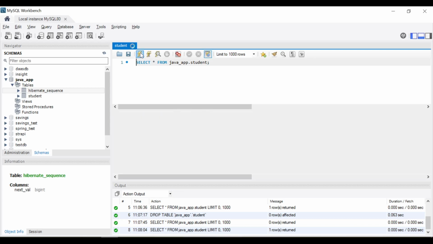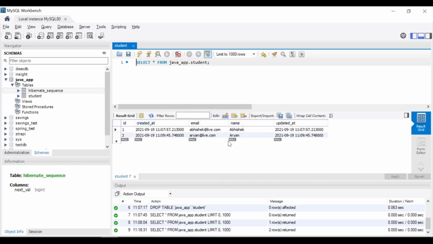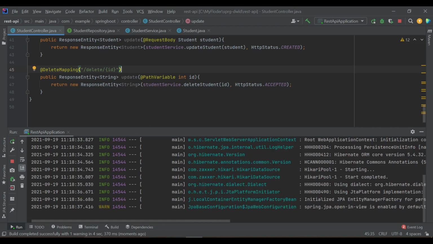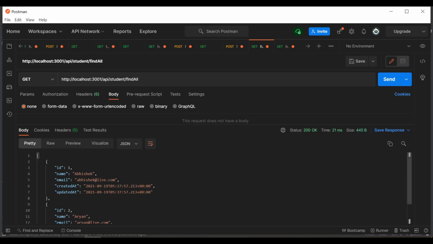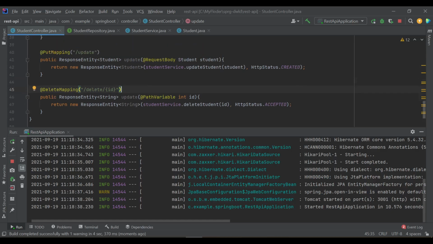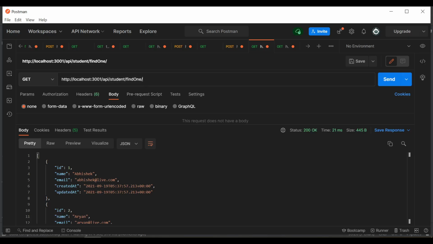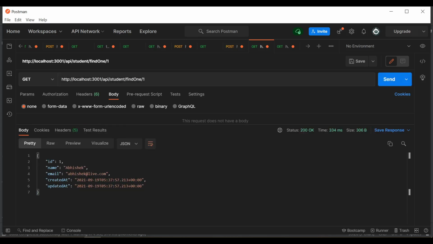Earlier in the database we had two objects. Now we will test the three methods which we have defined, right? We will first test find one. Let me check, what is the method name? Find one, and we need to define the ID. You see, we are getting it.